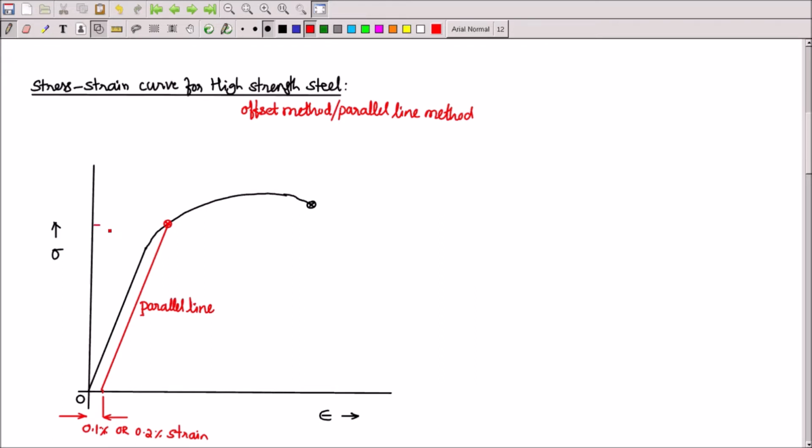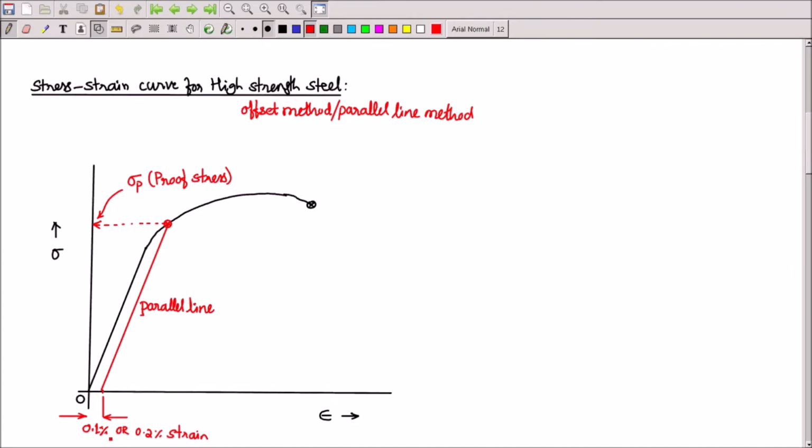Corresponding stress, if you measure on the y-axis, whatever you get here is used as the stress which is equivalent to yield stress. So this particular stress is called sigma P or proof stress. Sigma P is the stress at which, if the loading is made, there will be 0.2% permanent deformation, and that is known as proof stress. And this point is treated as yield point for all practical purposes,